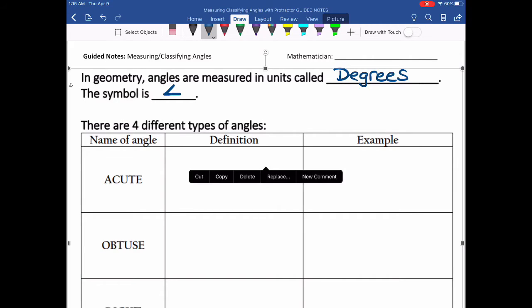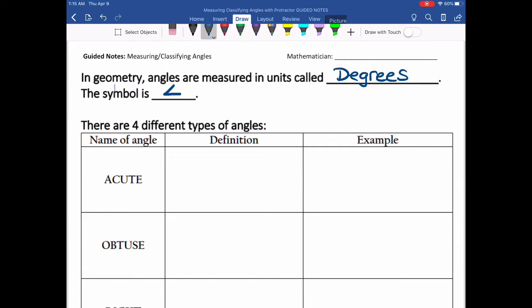The symbol for degrees, well, the symbol for angles, I'm going to show you that. I'm going to show you a couple different things here. You've got the angle symbol. It's always that symbol. It doesn't matter what kind of angle it is, but you're going to see that, and it might be denoted by one letter, or sometimes you'll see angle, where there's three letters, A, B, C, something like that, and I'll address that in just a second. But I think what these notes are trying to get at is that sometimes we use that little symbol. If something is 75 degrees, you use a superscript 0 right above there,